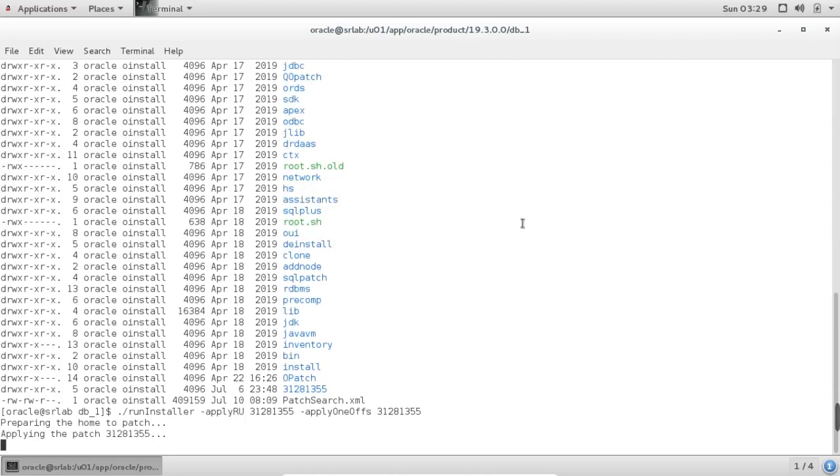It starts applying the patch on the Oracle 19c home location. Once the patch has been applied, runInstaller will proceed with the Oracle 19c software installation. Once the software installation is completed, we need to configure the Oracle 19c database creation.